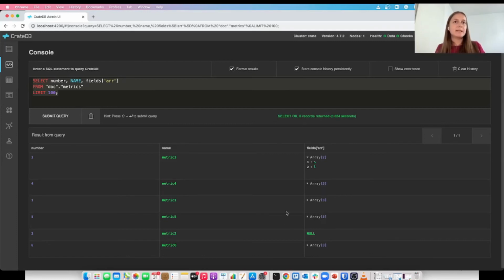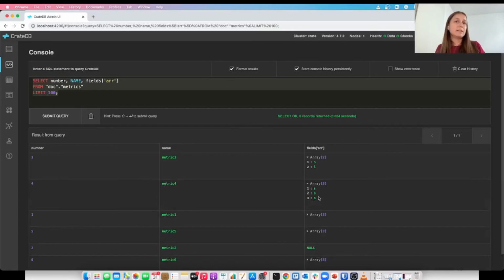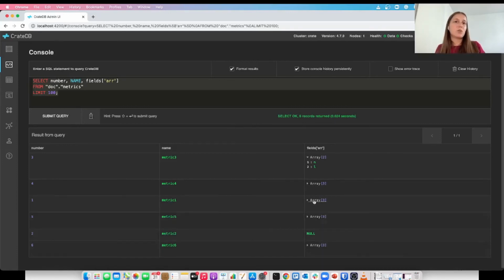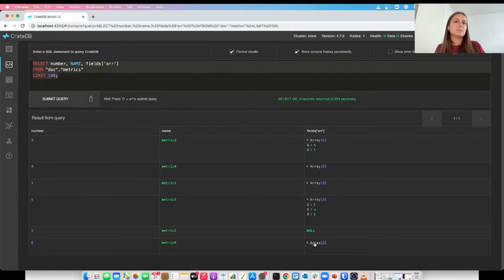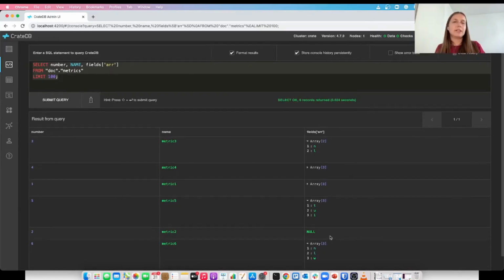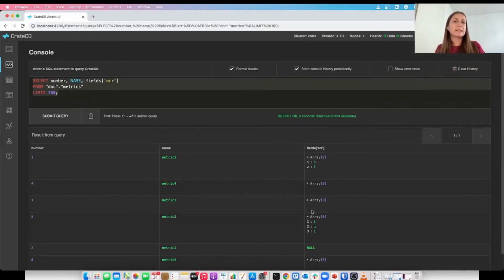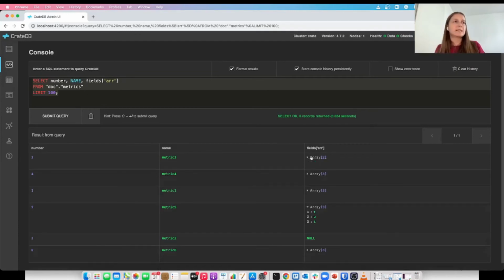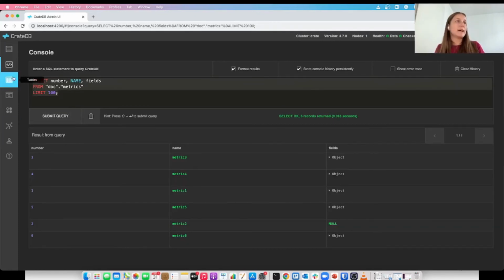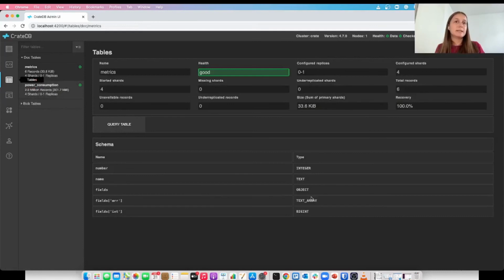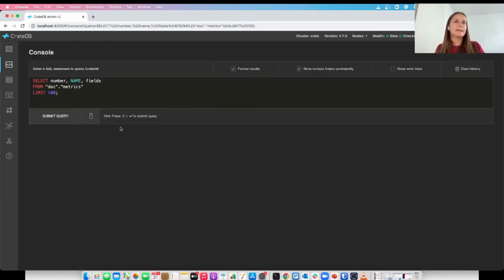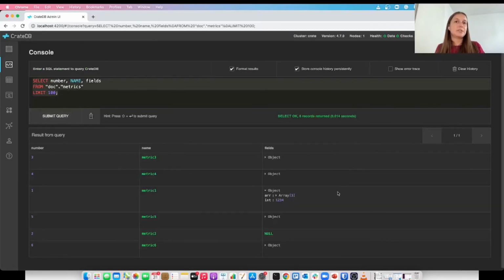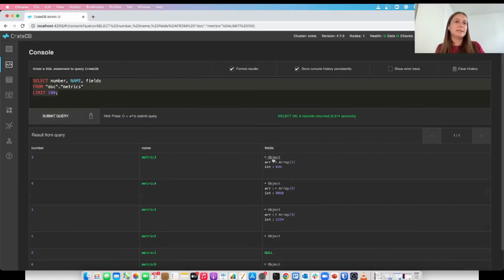So this gives you the flexibility to also store object types in CrateDB that may have strict schemas or dynamic schemas. In the case of the metrics table, the object has a dynamic schema, which means I can add objects of actually different